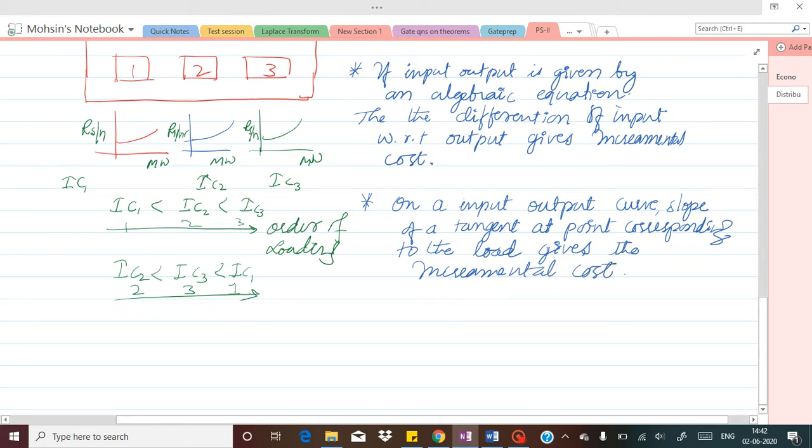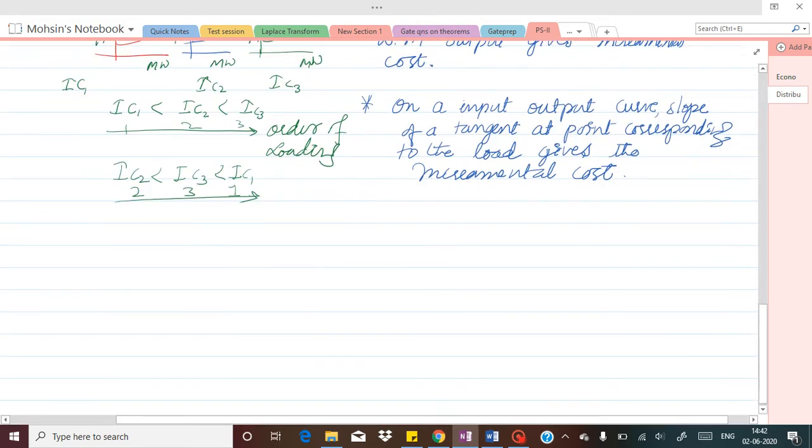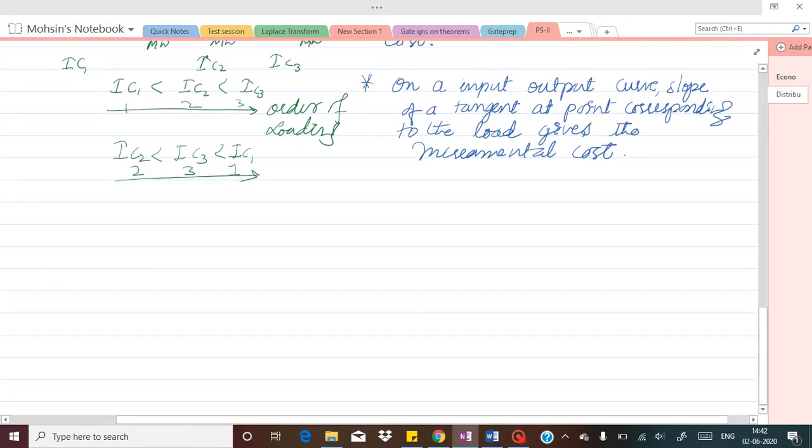Okay, so this is the second way we can obtain that particular incremental fuel cost. Or sometimes if the curve is very non-linear, in that case the Taylor's expansion can also be used to obtain the first derivative at the point on the load curve or input output curve. Okay, so now basically the shape of the heat curve and the incremental rate curve are shown in the figure.